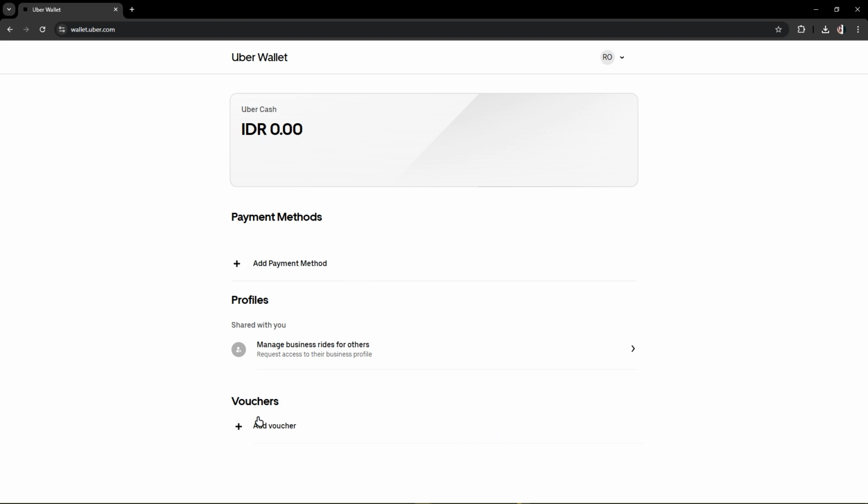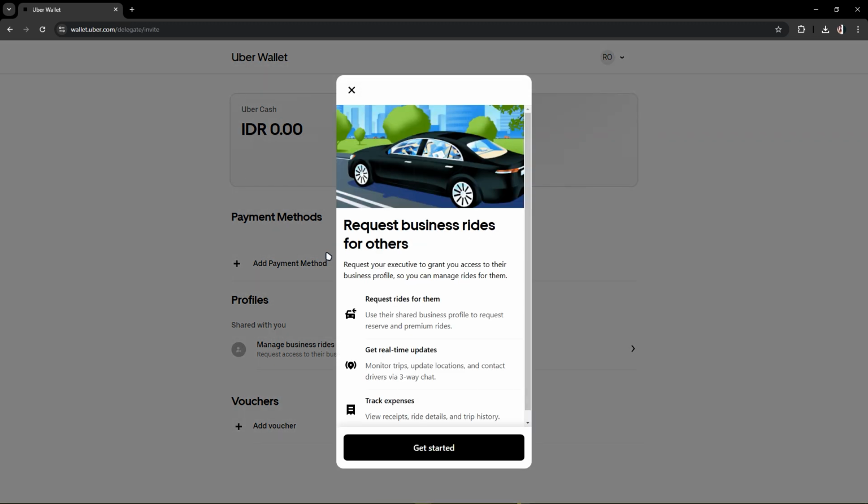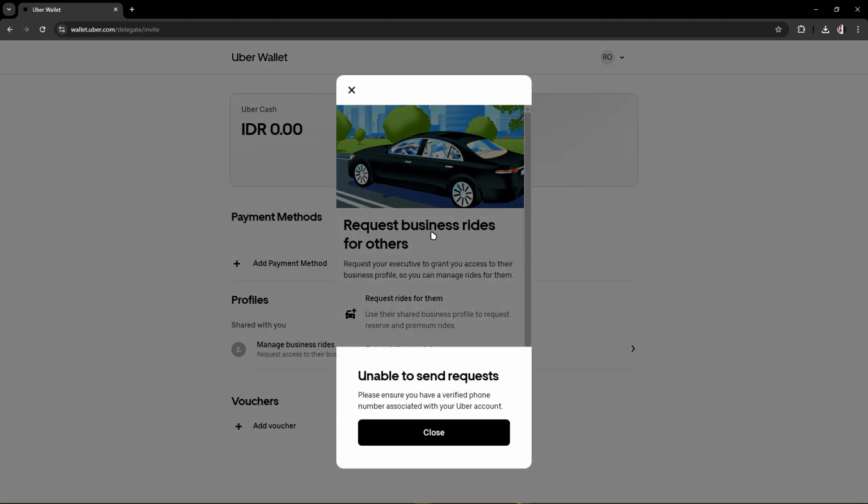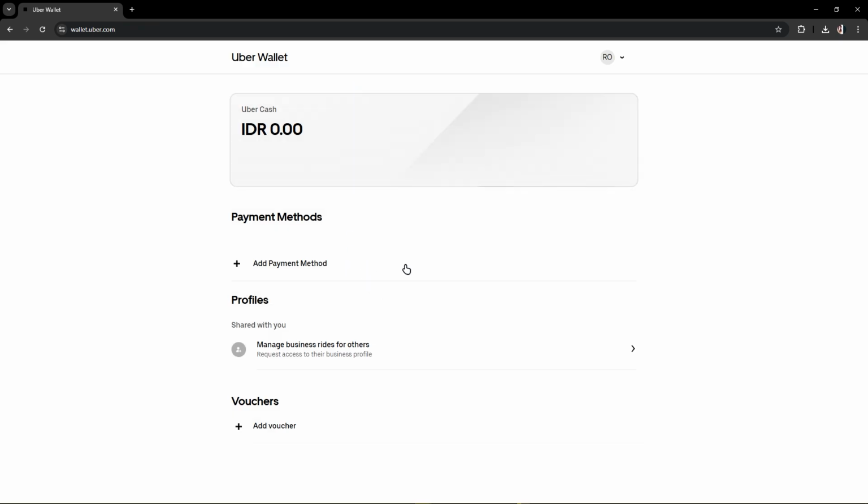payment method. And if you have vouchers, you could also do it here and request access to them. You could also use this to request some business rides for others. So first off, you just have to add a payment method, and once you have cash in here, you just have